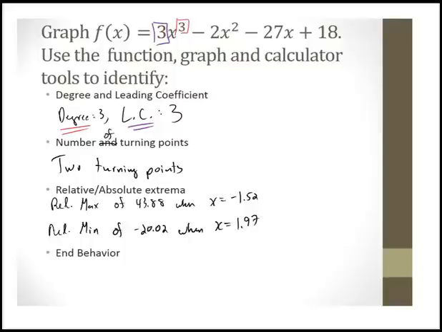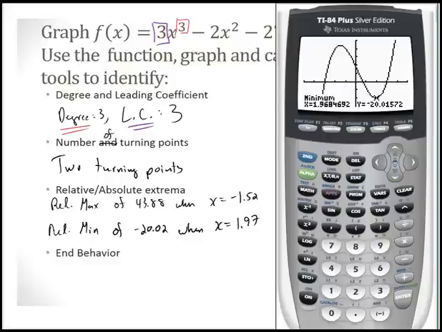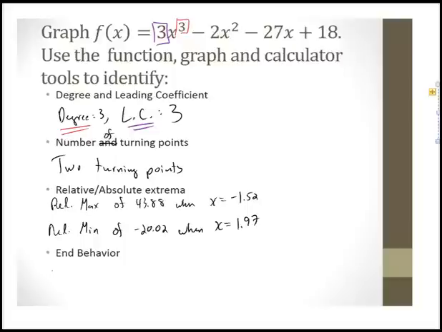And now what about the end behavior? So if we look at this graph, what we see is it's moving downward to the left, and it's moving upward to the right. So here's how we would say this. As x tends to -infinity, as I move far to the left, the function f of x also approaches -infinity. As x approaches +infinity, the function approaches